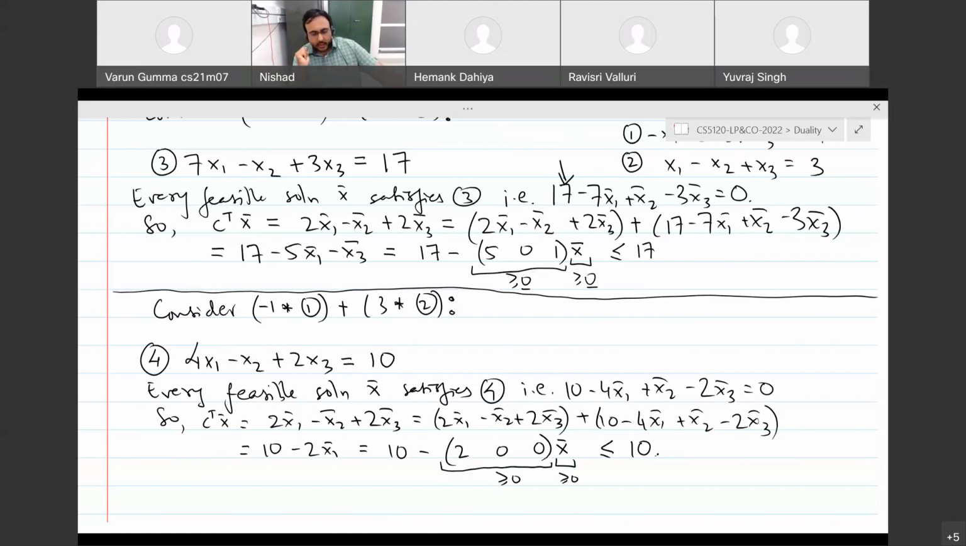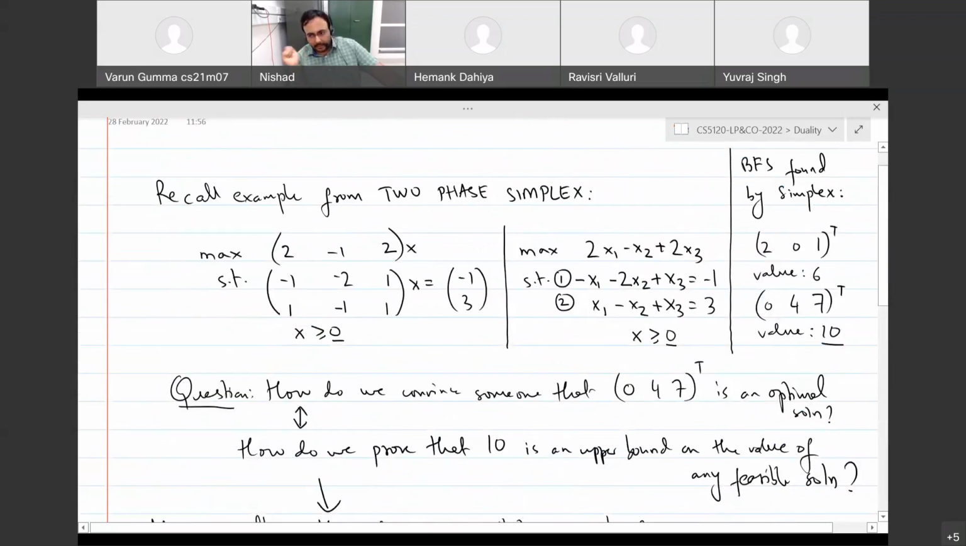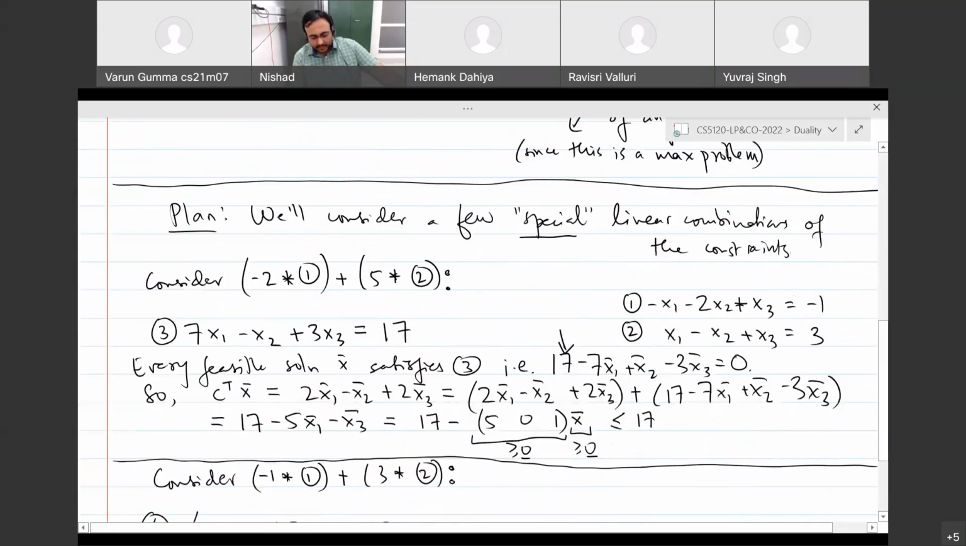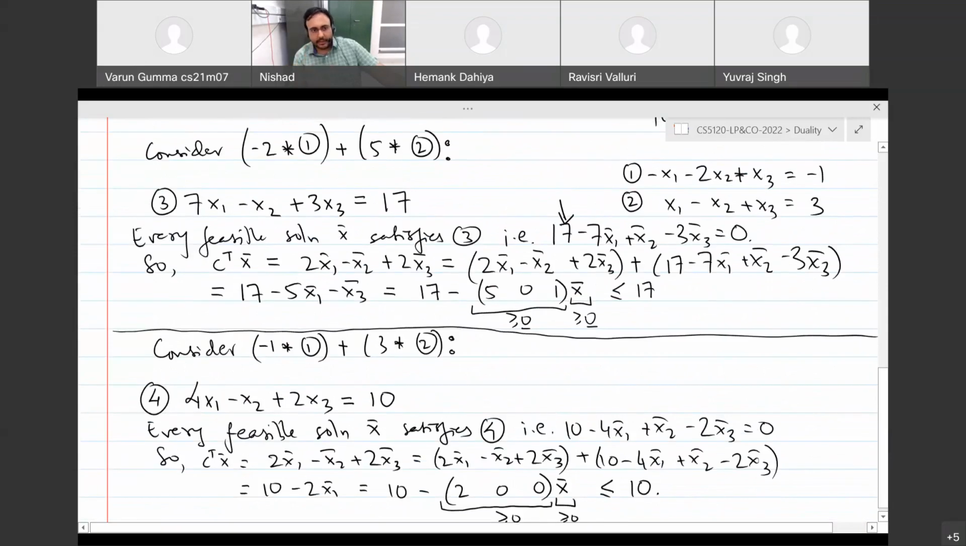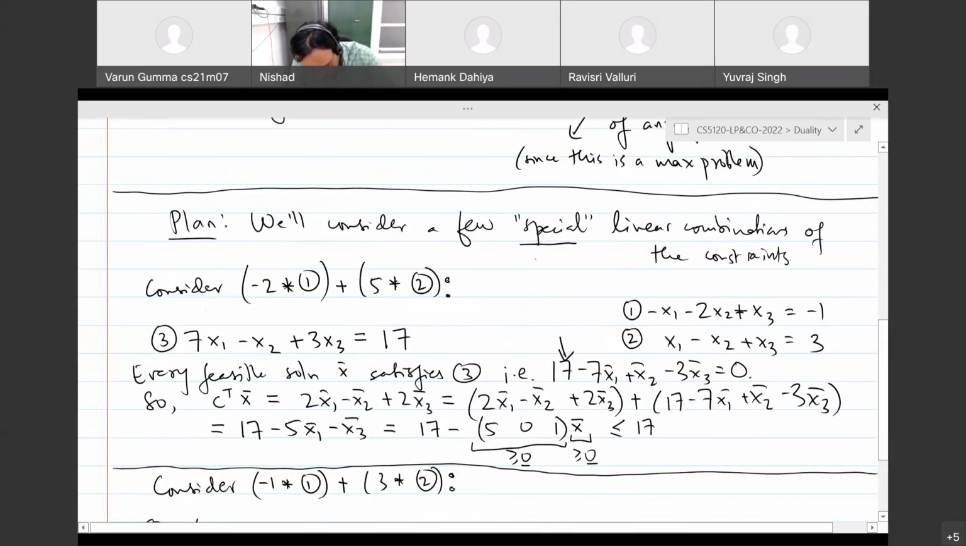So at this point, we know that the solution found by Simplex with value 10 was indeed an optimal solution. Right? No surprises there in some sense. We were expecting to eventually get there. But what is so special about these particular vectors? What is so special about these particular multipliers, -2 5 and -1 3, that was actually able to give us upper bounds? Can we just choose any two multipliers and will this work? So let's try to. So the question is,